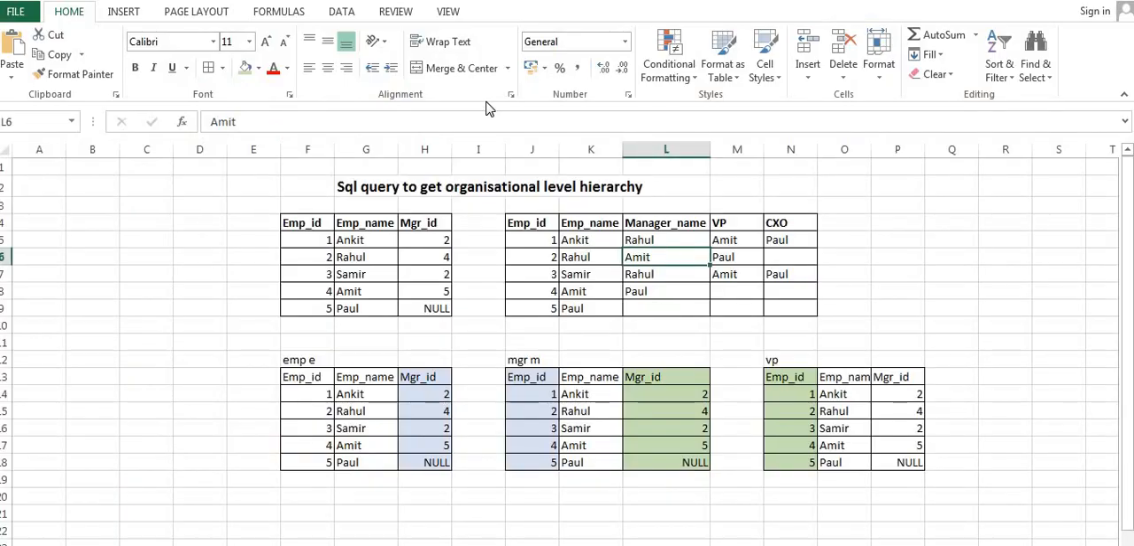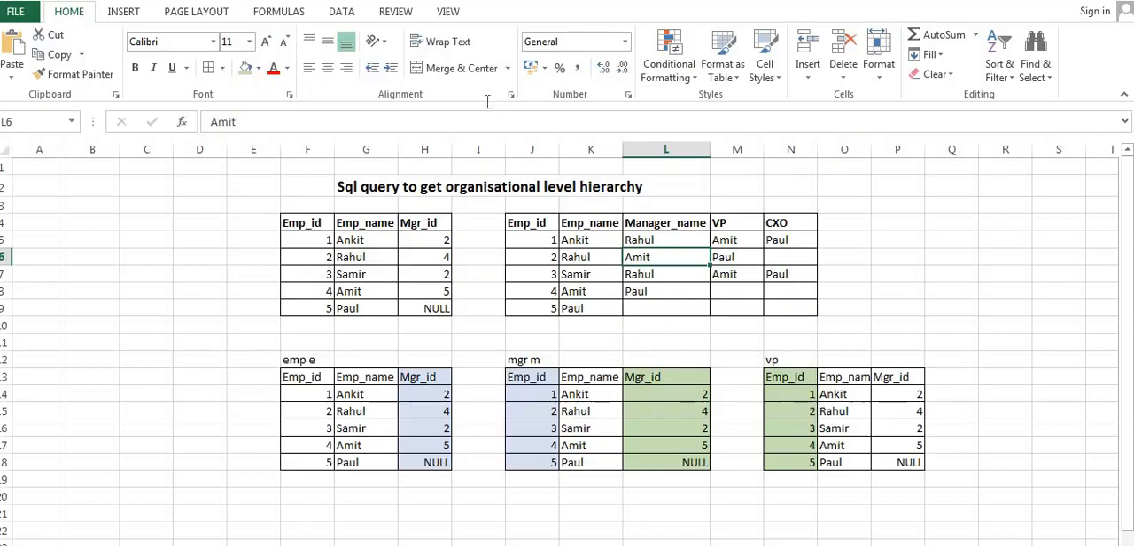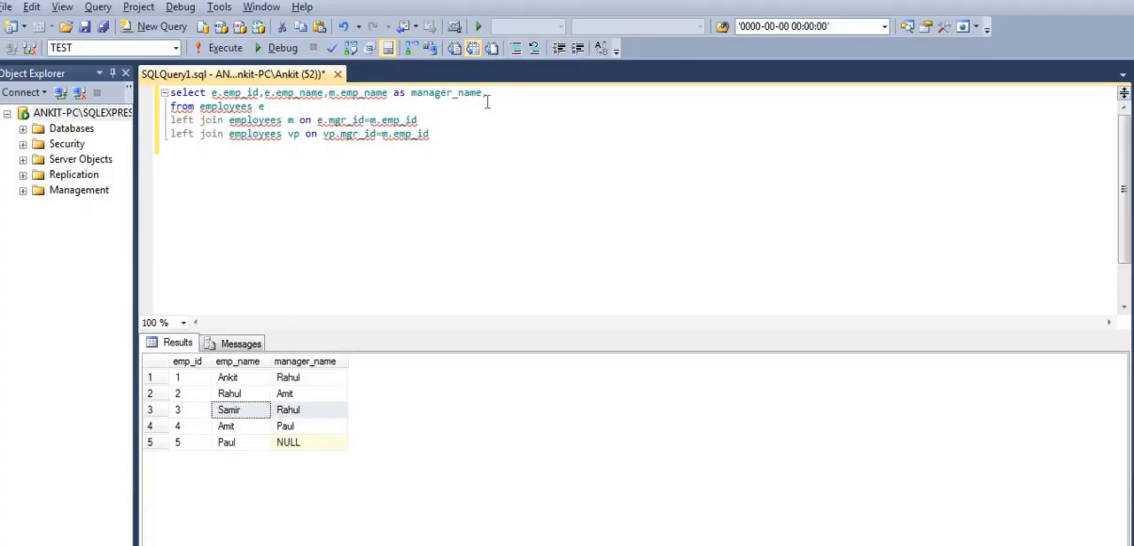And we will simply provide the column name. What is the column name here? So it's a VP column name. Okay, so we have to write it as VP dot emp name as, let's make it VP. Okay. And now if we execute this,